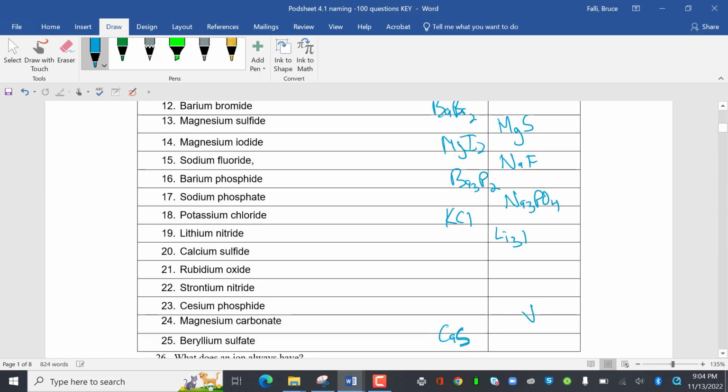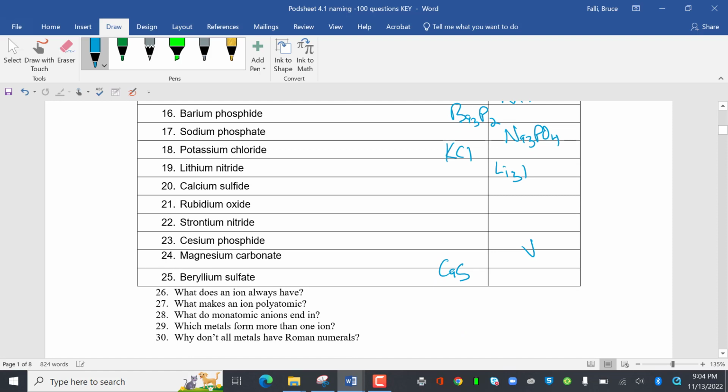Rubidium oxide. I might as well pull it all the way through. It's going to be this way. Calcium sulfide, still CaS. Rubidium oxide, Rb2O. Strontium nitride, Sr3N2. Cesium phosphide, Cs3P. Magnesium carbonate, MgCO3. Beryllium sulfate,